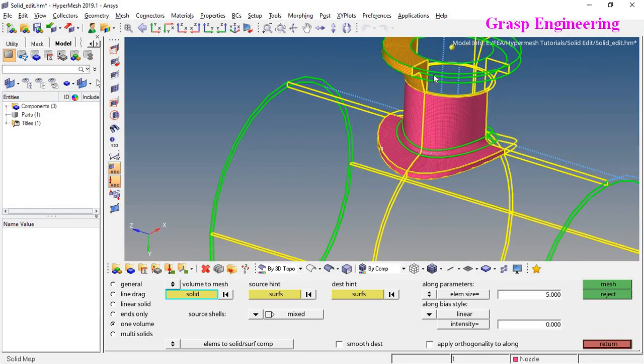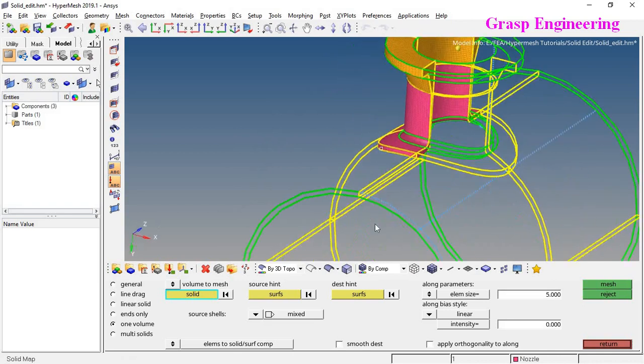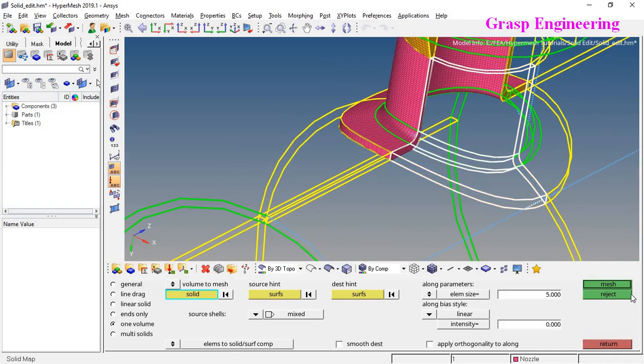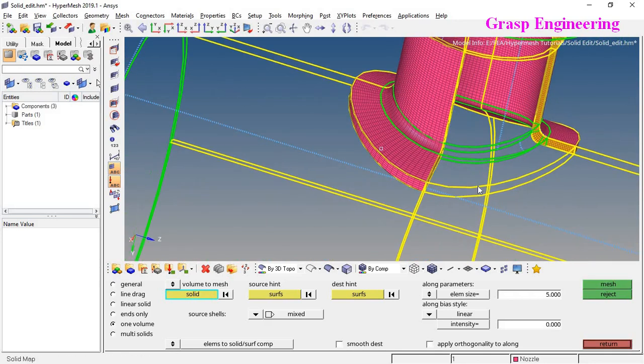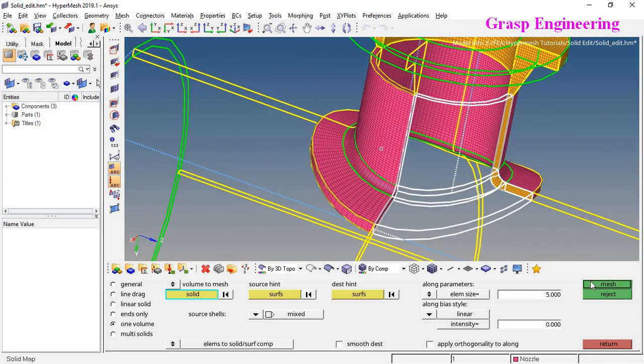Let's do further over here. Mesh. Let's do further this region. Mesh. And let's do further here. Mesh.